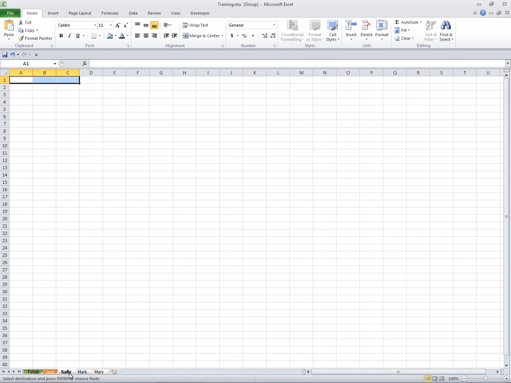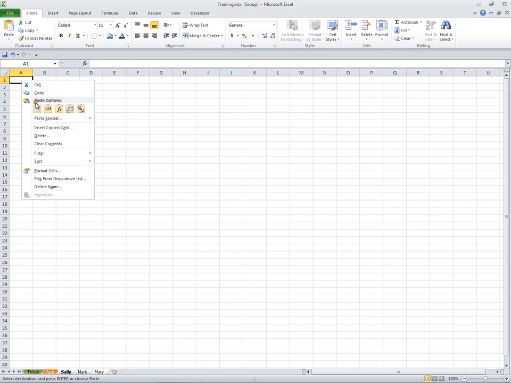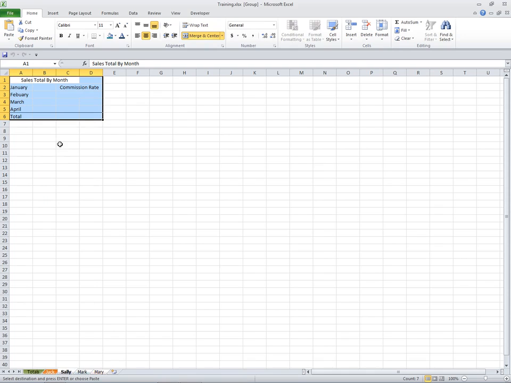Now I'm actually on the Sally sheet. I'm going to go to cell A1, and I clicked in that one time with my left mouse button. Now I'm hovering on cell A1, and I'm going to right click, and I'm going to choose paste. Now notice that when I did that, it did drop the information into the Sally spreadsheet. Now if I click on Mark, I can also see that the information is on Mark,